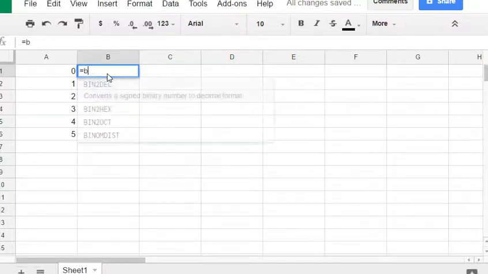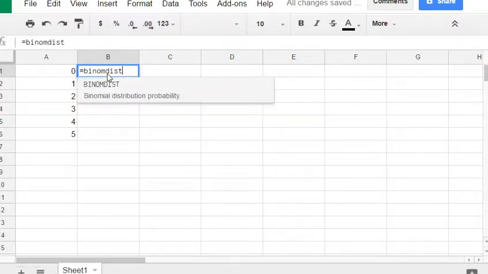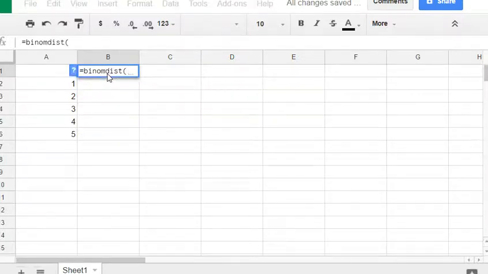So equals binomial disp, the number of successes. Let me just click this column A. That way I can copy my command from this first cell all the way down to the next ones and have it fill out my probability distribution. So I typed in binomial distribution, and then I clicked column A, which has a 0 in it right now,